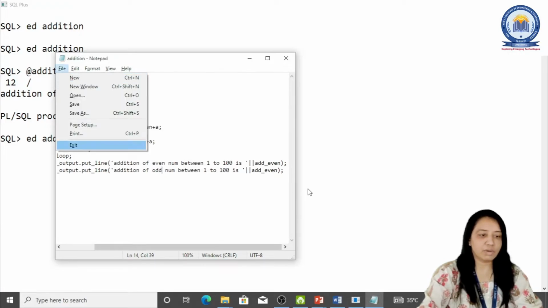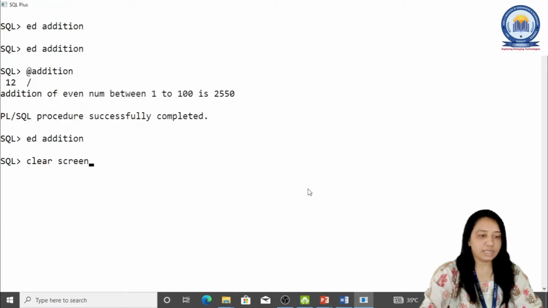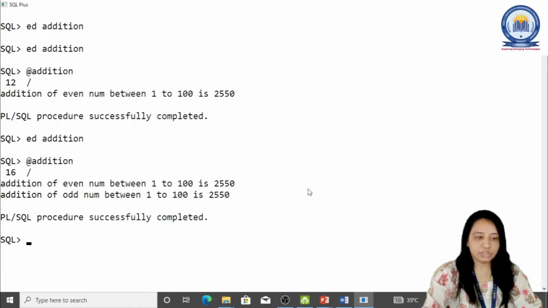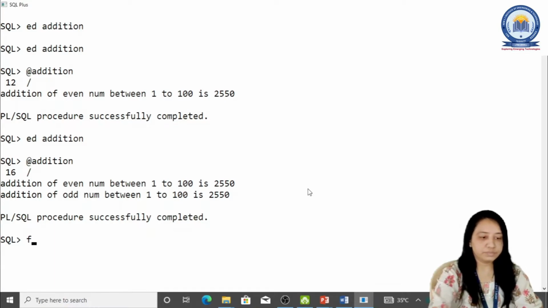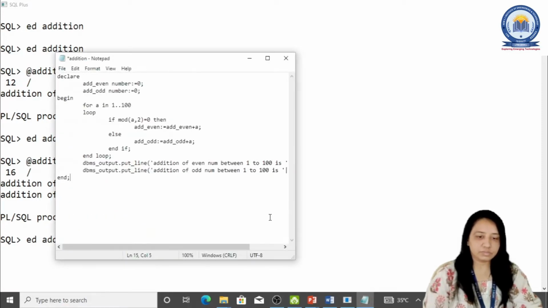I'll just come out from that and again I'll run that program, with a slash. So it will have both answers: the addition of 1 to 100 of the even numbers and of the odd numbers. So we just have to make the change here.